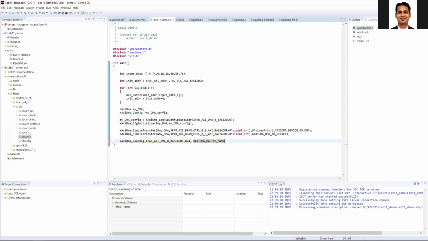Here you need to do the AND operation with this, so that you know the corresponding status.